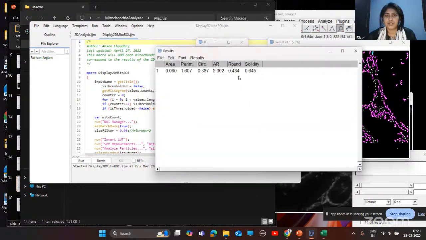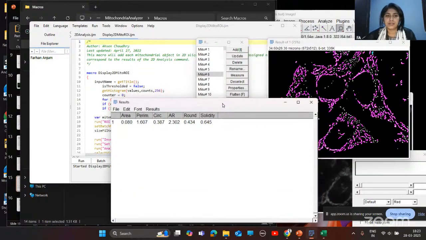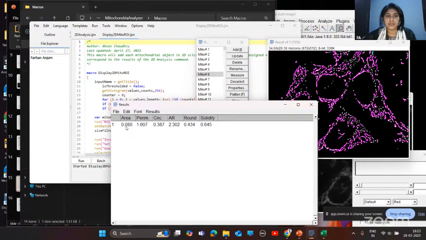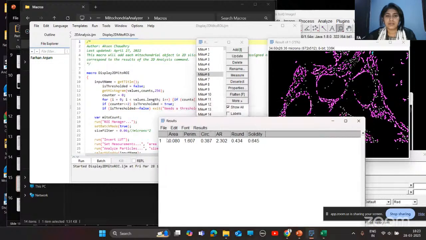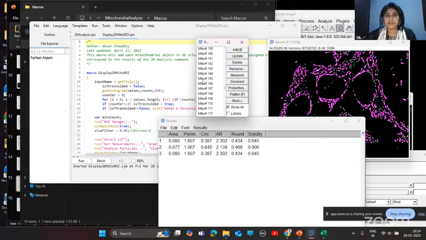You can just click measure. So here, okay, this is the area of that particular mitochondrial filament. By selecting different mitochondrial filaments, you can add those values by clicking this.